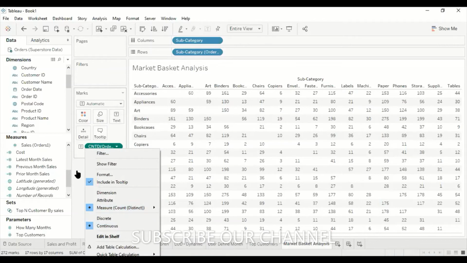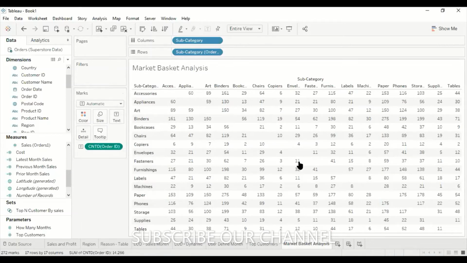Now you can see this is the market basket analysis, but the problem here is I'm having the mirror copy. Let's say copier, I'm comparing copier with envelopes. Okay, 4%. So 4% they have given. But the same mirror copy you can see here also, envelope with the copier. I don't want the upper region, so that I can compare. While visualizing, it should be very easy for me to visualize.